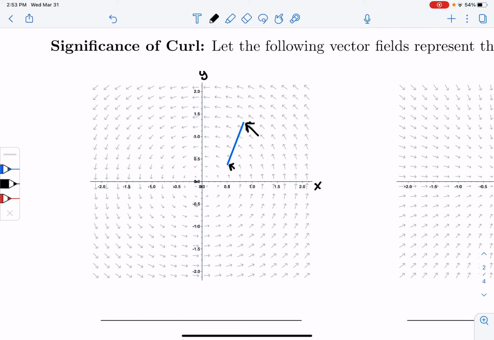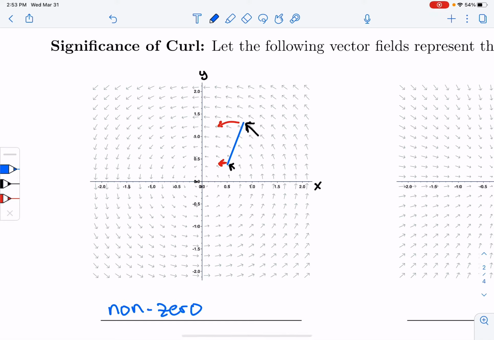And so what we expect to happen is that this stick will tend to rotate. We will have it start to rotate in this direction here because we have a larger vector pushing on it, and then rotate a very tiny amount in this direction. And so this particular vector field has non-zero curl